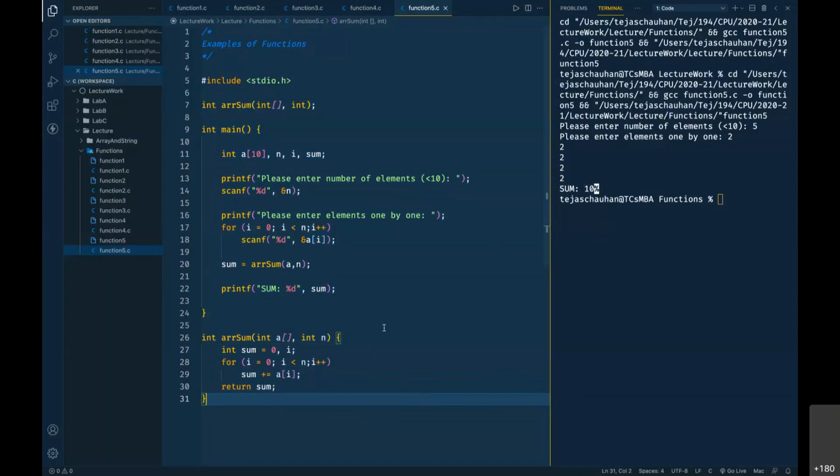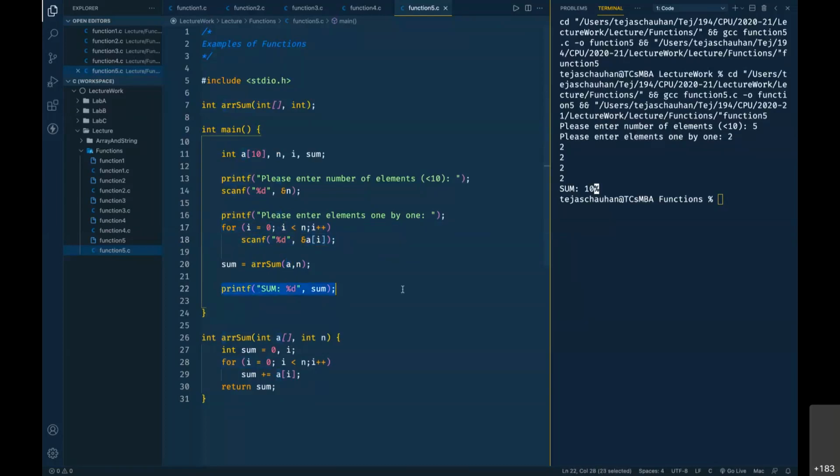Now what I wanted to show you again, one more thing is, when you pass an array, you have simply written a variable name here, but that is not a single value. That is actually the list of numbers, list of elements. So looking at this you will feel that this is passed by value, but it is not. Remember, this is not. Let us see what happens if I do this thing.